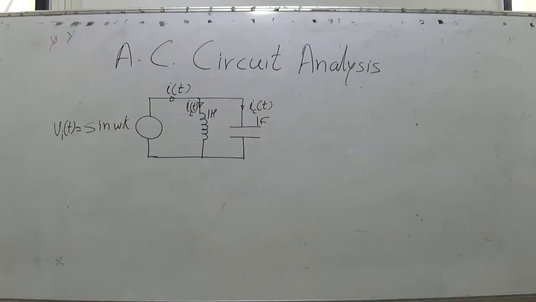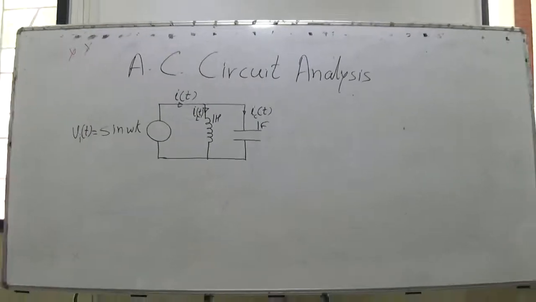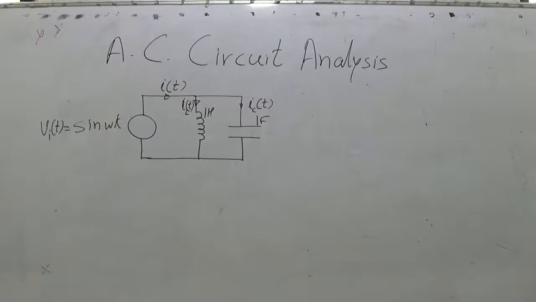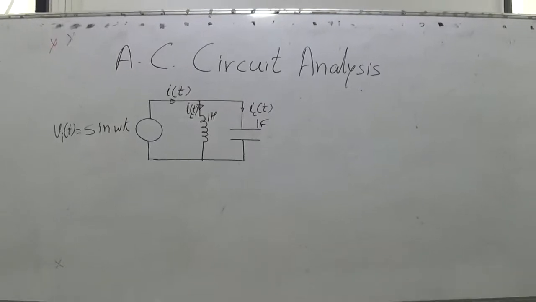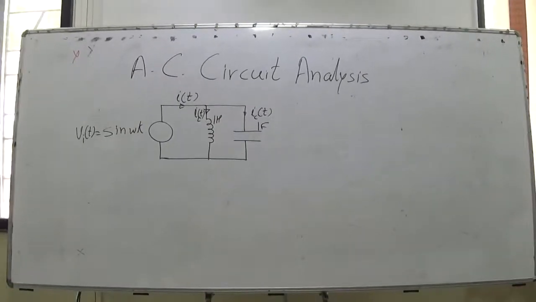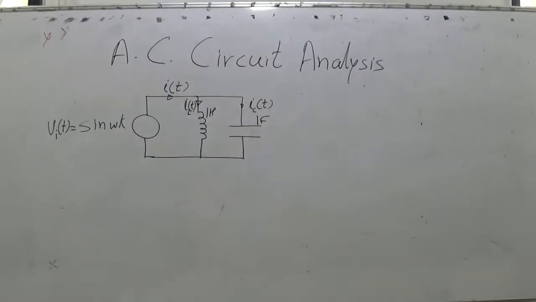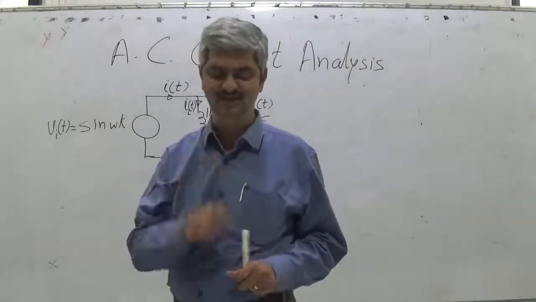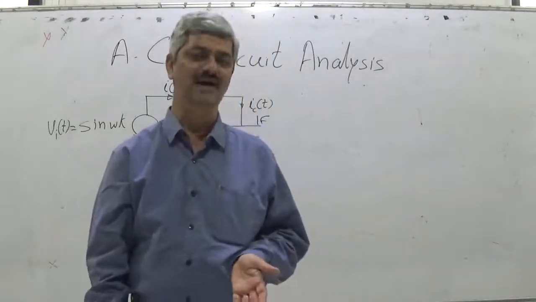Everything will be function of omega, and when everything is function of omega, obviously what will happen is in the final expression in terms of currents, omega will come, and very interesting phenomenon takes place for various omegas that I would like to focus at a later stage. So obviously, how will you find now? There is a very interesting way with which you can find the current.